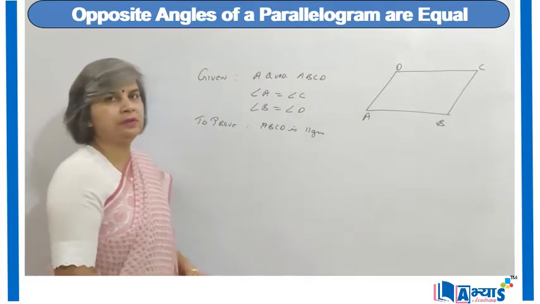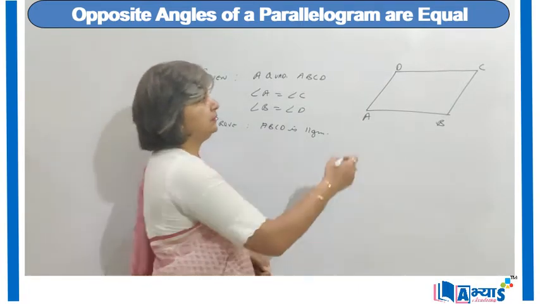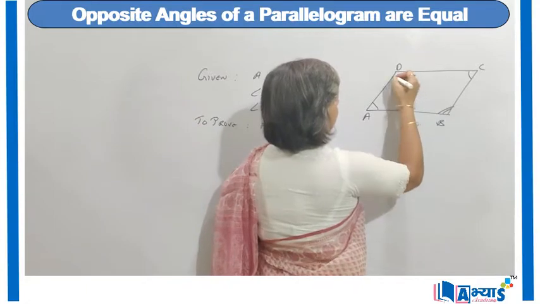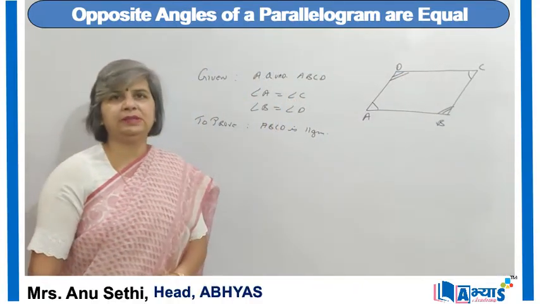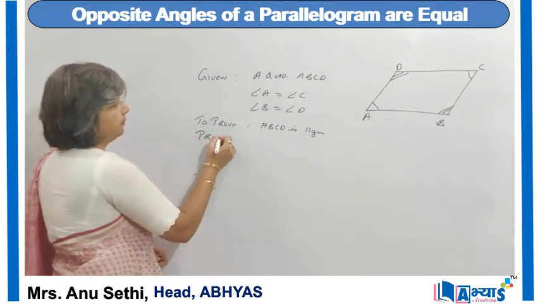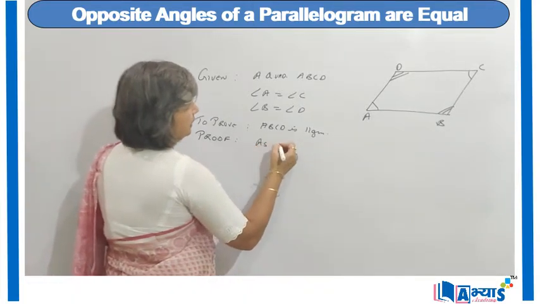That means we are given a quadrilateral ABCD in which the opposite angles are equal. That means angle A is equal to angle C and angle B is equal to angle D. It has been given to us and we have to prove that ABCD is a parallelogram. For this, the proof will be, as we are given that